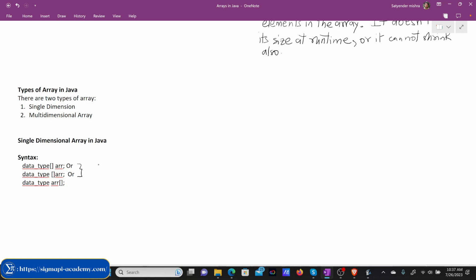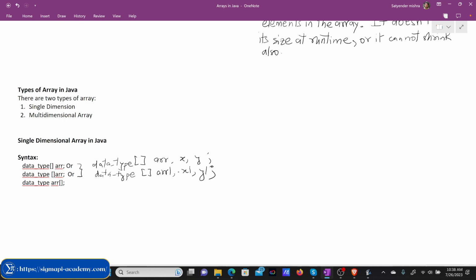So if you define data type and then a square bracket, and then you start writing down the variable names. Like here you have defined ARR, then you have defined X, then you have defined Y, right? And if you define here, say ARR1, X1, Y1, if you have defined variables like this,